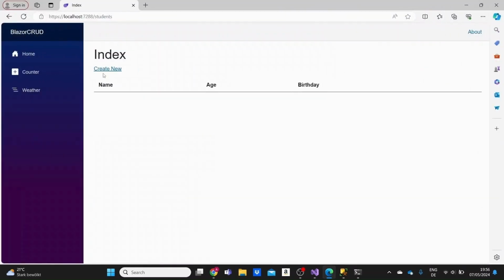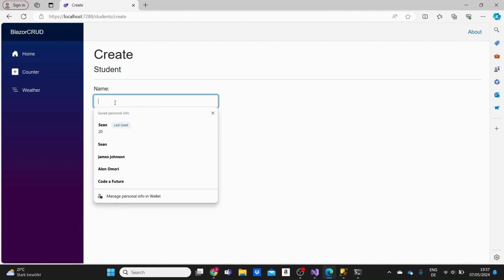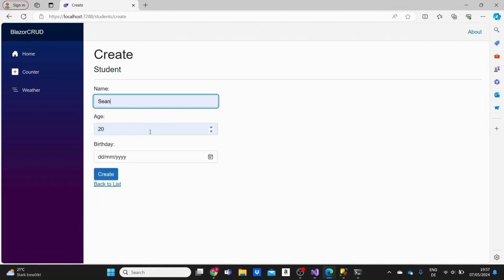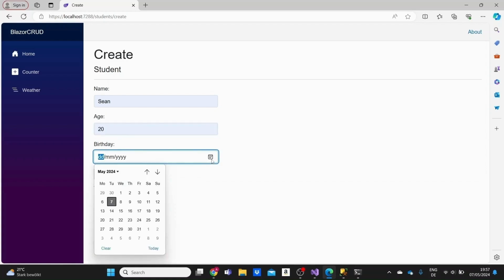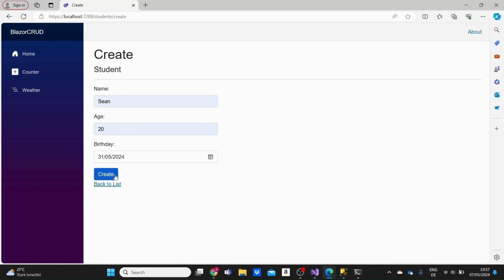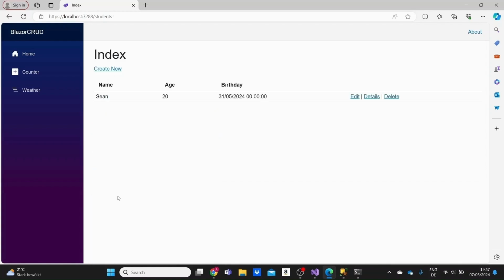Okay, we have an empty table here. If I click on create new, we'll be redirected to the create page. Let me give a name here: Sean, the age 20, and I'm selecting a birthday. If I click on create, we see that a student was created in the database, and then